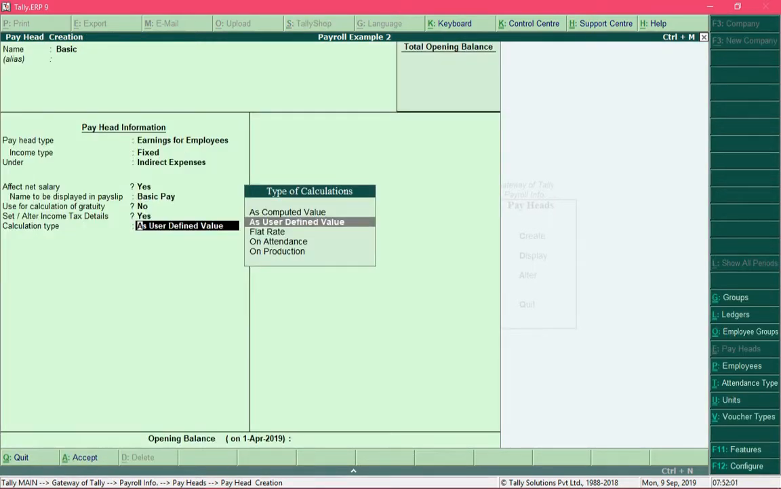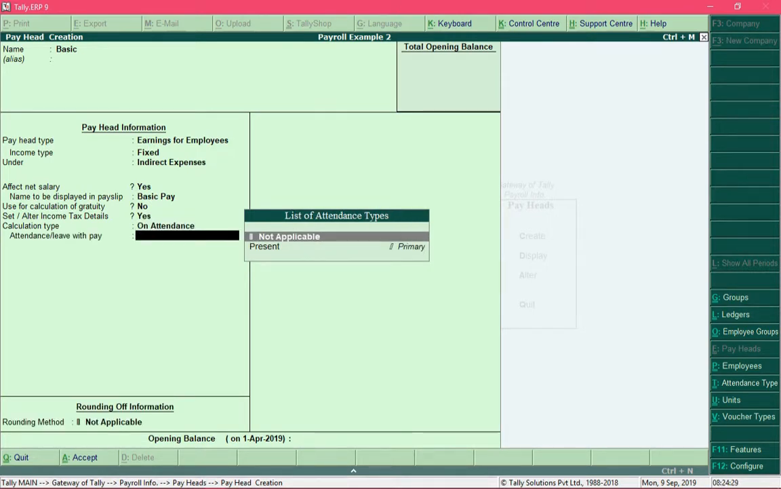And as soon as you press the enter key, you would come out of that screen, and in the field calculation type, you need to specify one of these options, and we need to select the option based upon the type of pay head that we are trying to create. So for this pay head basic, I want to calculate the amount based on the attendance of an employee. So I will specify the option on attendance for this pay head, and what these options are I will explain when we create that kind of pay head that requires to select the other options. So for now I will select the option on attendance, and in the field attendance or leave with pay,